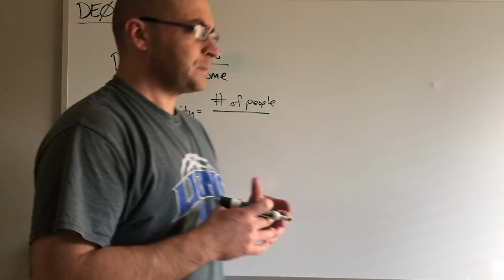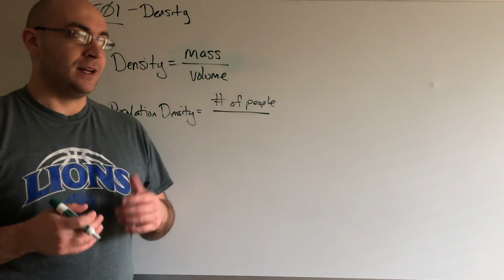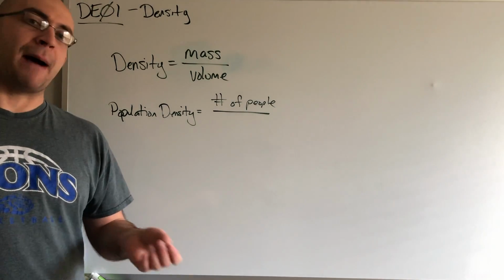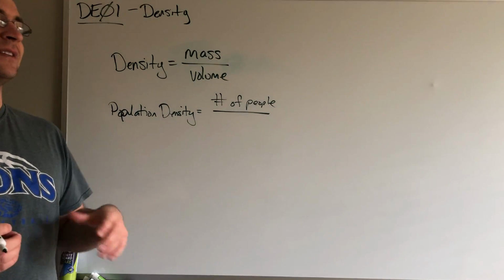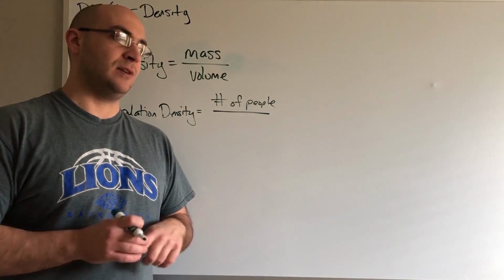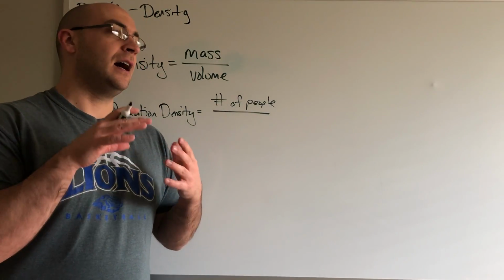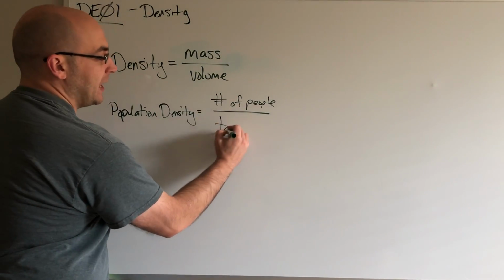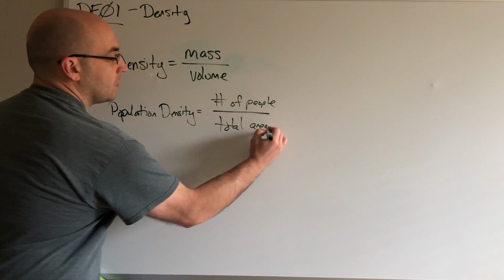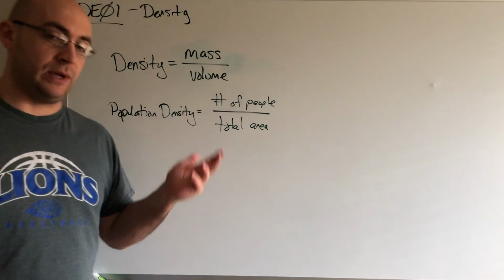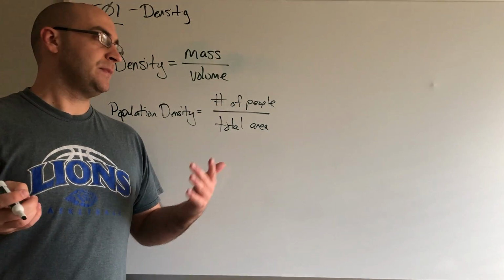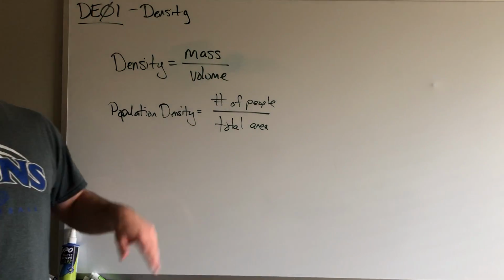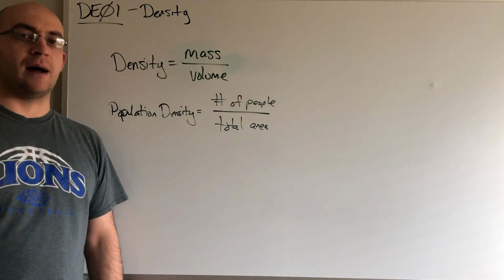When it comes to states in the country, New Jersey, representing, it's the most densely populated state in the country because of those reasons, right? Because it's got extremely large cities, and it's got a small land mass area with regards to how many people live in it. So we're going to talk about the volume, but we're going to talk about the total area instead. So total area of a state, a county, a region, a city, a block, right? So anything that would be representative of how I can find out how many people live per mile or per kilometer or whatever you're looking for.